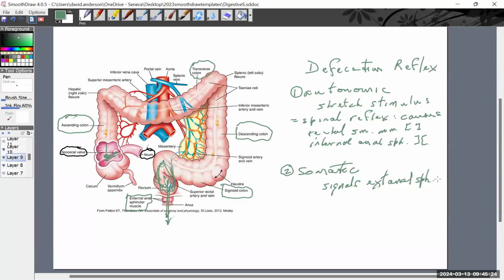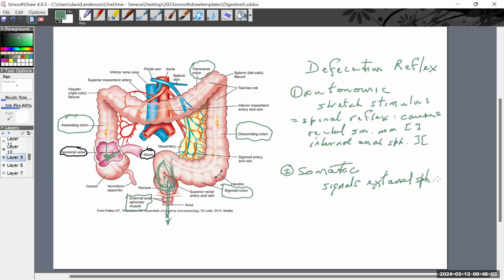So typically what will happen is the rectum will relax again, at least for a little while, but as it starts to fill further, a new stretch reflex will be initiated and a new spinal reflex will be generated that causes the rectal smooth muscle to contract, the internal anal sphincter to relax. And if we don't have the somatic response, we get elimination. So really, the learning of the somatic response gives us the option to choose when to defecate, when to eliminate waste from the